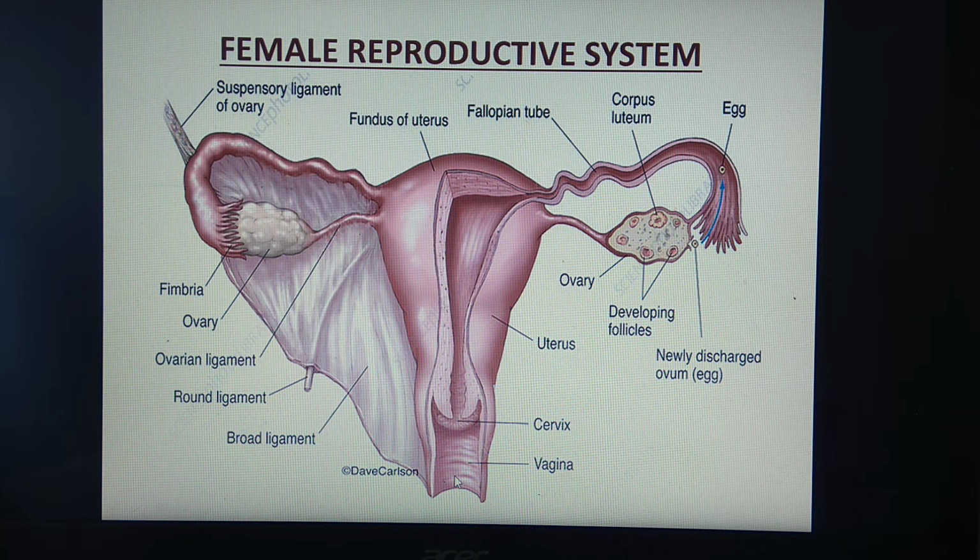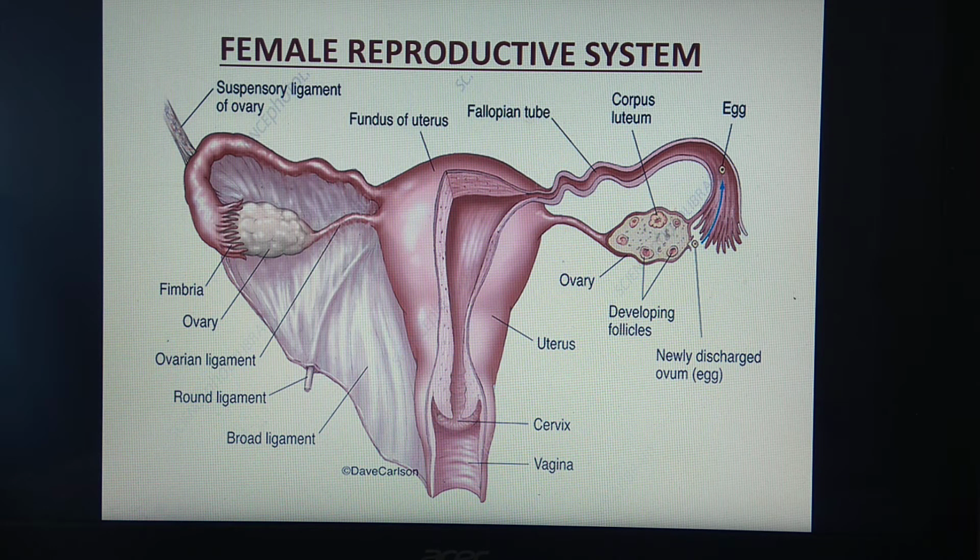External genitalia are not seen in the diagram, and a pair of vestibular glands are present actually here, not shown in the diagram. This is the position of the vestibular glands at the vestibule, that is the opening of the vagina to the exterior, and mammary glands are present in the region of the pectoral girdle towards the ventral side. So now we are going to see about the ovary first. These are the ovaries. This is one and this is second. So a pair of ovaries is present.